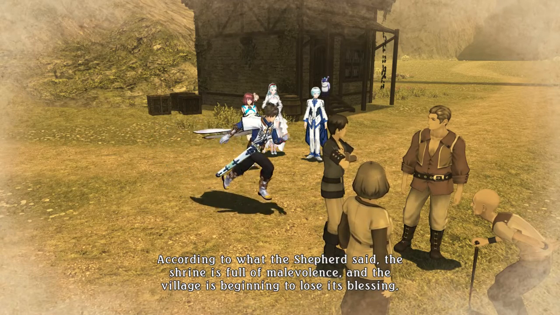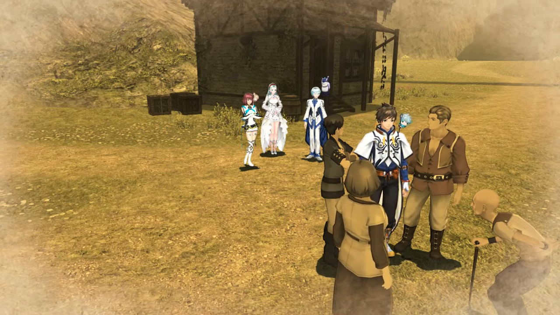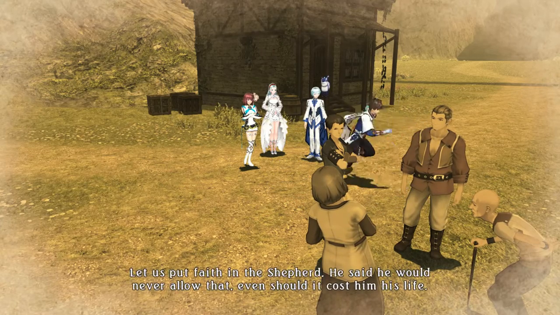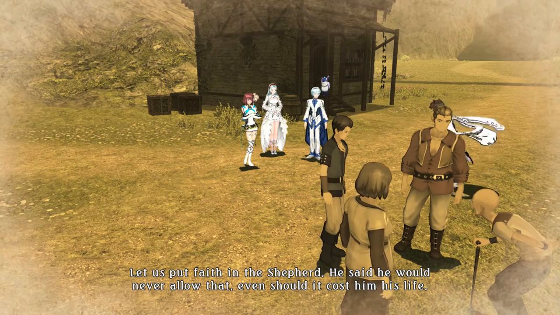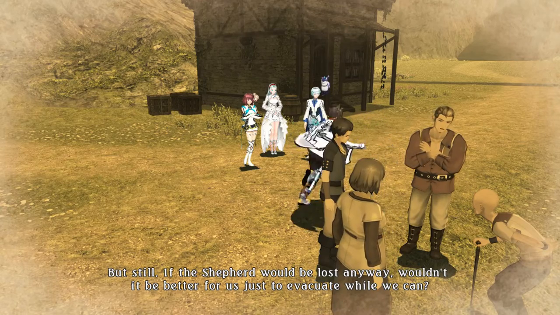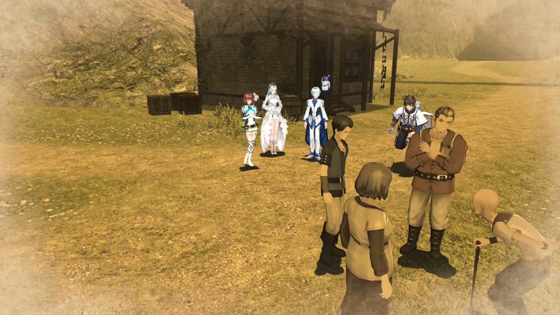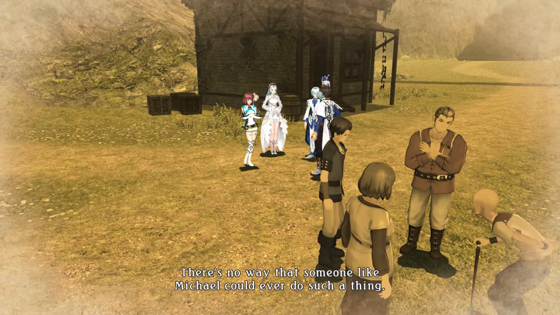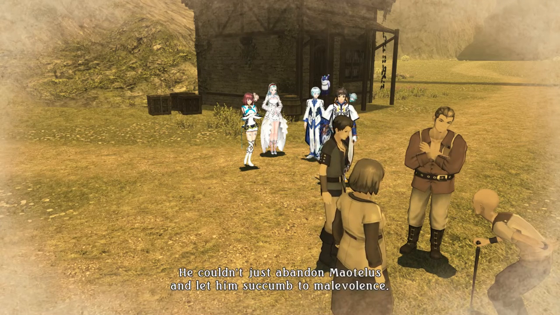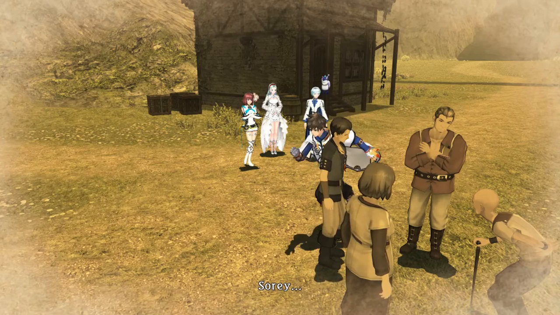同志様の話だと神殿が汚されて村の家具がなくなりつつあるって。まさかマオテラス様が氷魔に？命に変えてもそれだけ阻止すると言ってくださってる。けどよ、同志様を失うぐらいならいっそみんなで疎開した方がいいのかもしれないぜ。ミケル様にそんなことができるわけがありませんわ。ああ、同志だからね。マオテラスを汚れのさなか置き去りになんて考えもしないと思う。